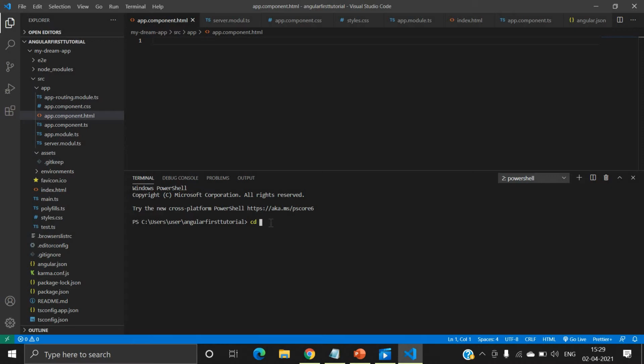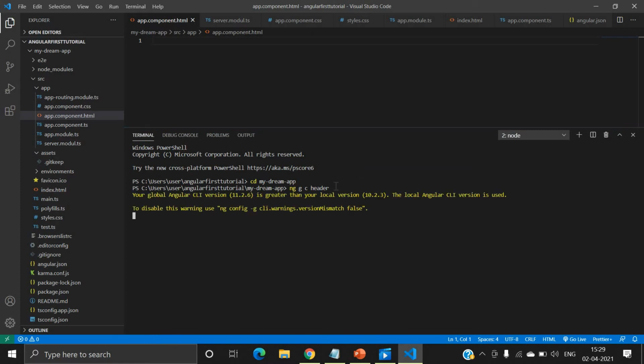So first of all I will go inside my project directory, my dream app. I will generate a component with the help of ng generate component and write here the component name. So this is a very basic thing, how to create component. It will take some time.